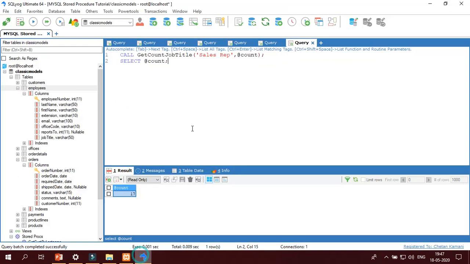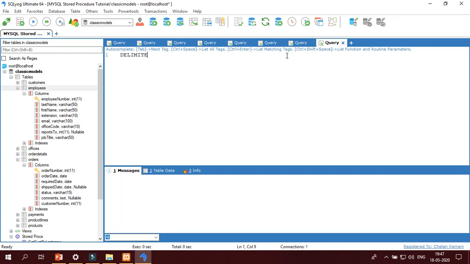Discard it. Let us take a new query. Delimiter $$, delimiter semicolon. Okay, create procedure counter, in which the first is INOUT, the second is IN: count integer, IN increment integer.